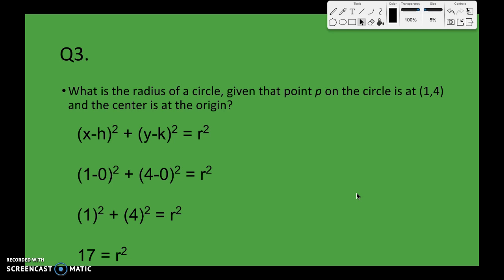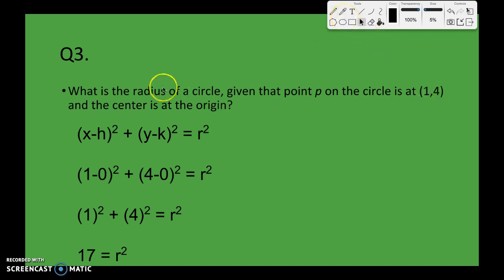Okay, so right away when I read this question, I see center at origin. I already know my h and k are at 0, 0. So I write out my standard form of the equation of a circle. I substitute my h and k with 0, 0, and then I was given a point. That was another piece of information that I was given, 1, 4. So I go ahead and substitute the x with the 1 and